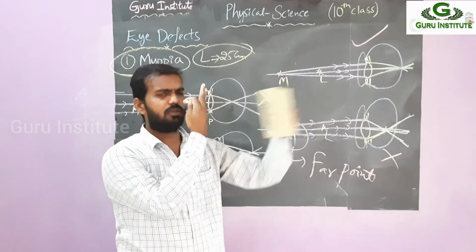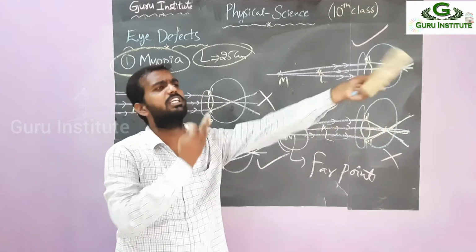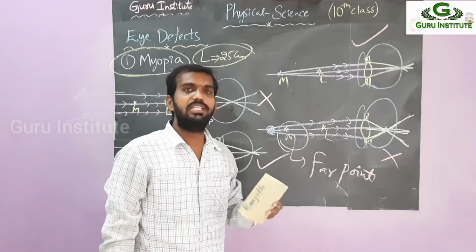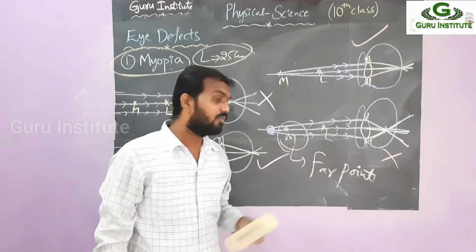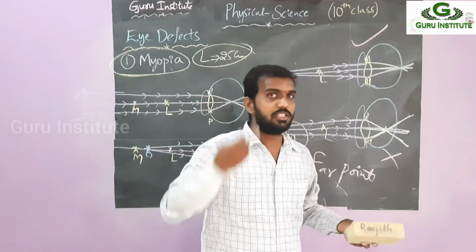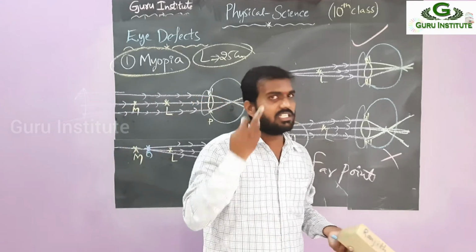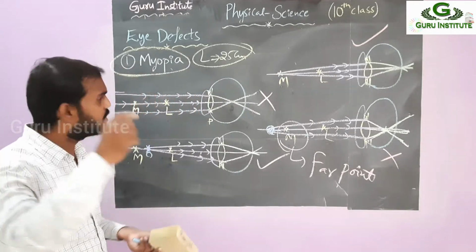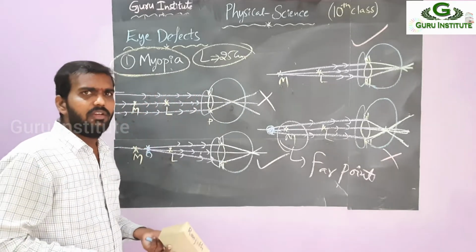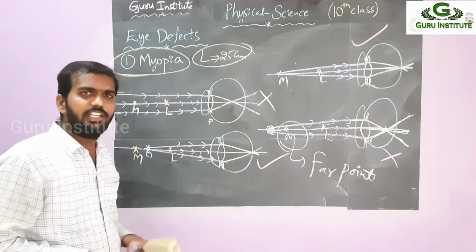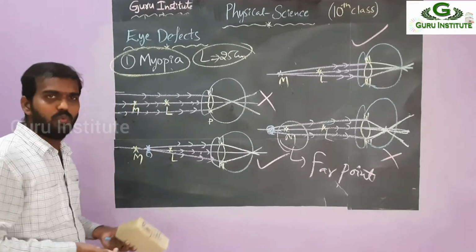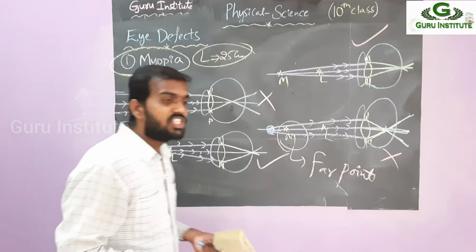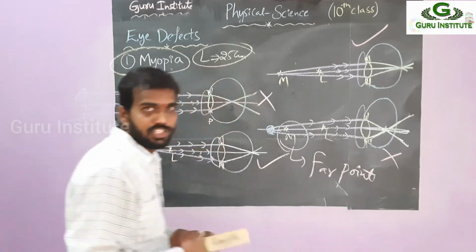So in between these two gaps only I will see the image. After this I can't see the image, right? So then what we have to do? I can't change my eyelids, right? I can't change the retina position. The position is the same, fixed at 2.5 centimeters. The eyelids are also fixed. From birth only we are getting it like that. Then what we can do is change the object position.